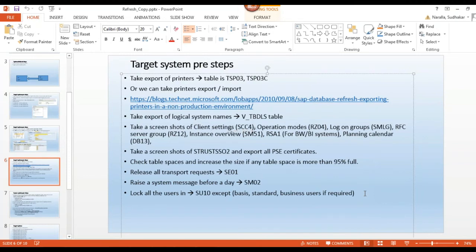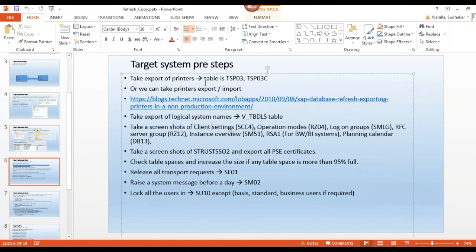Some clients will create scripts. All the system refresh activities will be created in the scripts. We need to execute the scripts only, one by one. What is the flow of scripts? Which script we need to execute first? Which script I need to execute second? Like that. But this is the standard method.